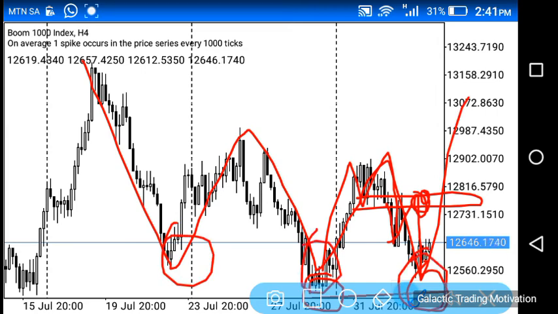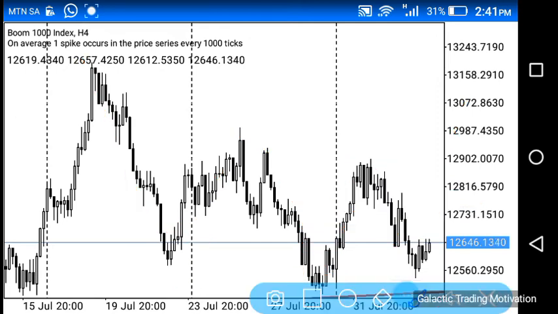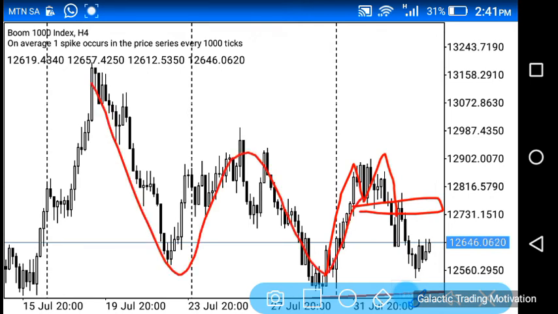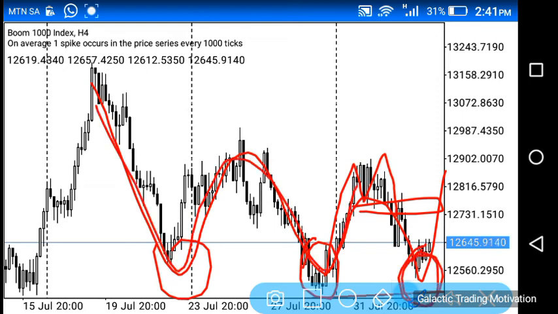So myself, I will not be buying, because what may actually happen is that, due to this M structure and this head and shoulders pattern, price, because people are buying at this point because of this inverted head and shoulders pattern, may actually push up to this point to just retest this neckline again, because it's a very strong level of